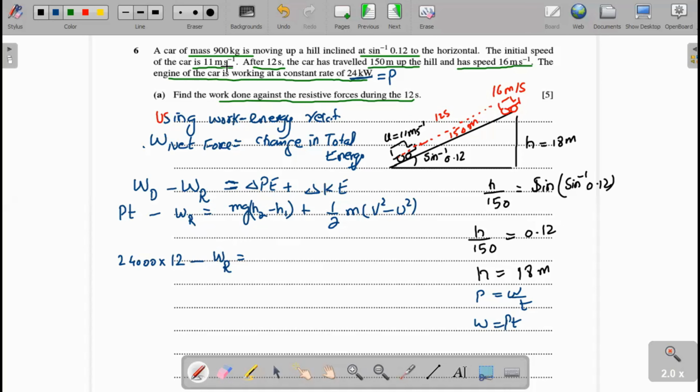Now here the mass is 900 kg, and g is 10. Now that becomes 9,000. The height here is 18 meter, plus 1 over 2, m is taken as 900, and v square, this is the final velocity, and this is the initial velocity. Now we write it as 16 square minus 11 square. Now we multiply this, we get 2. Now we solve 288,000